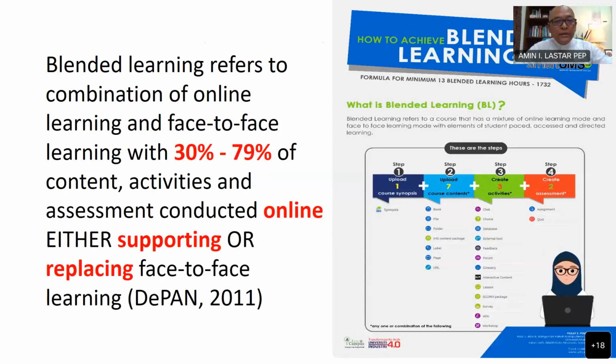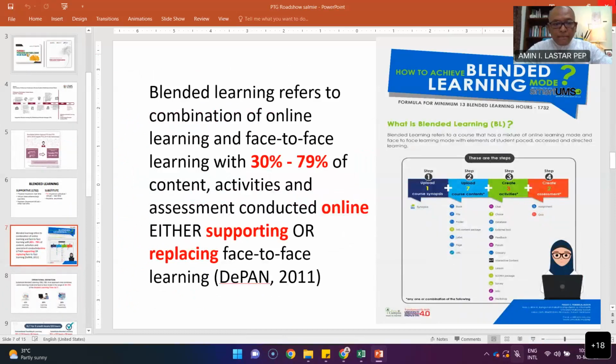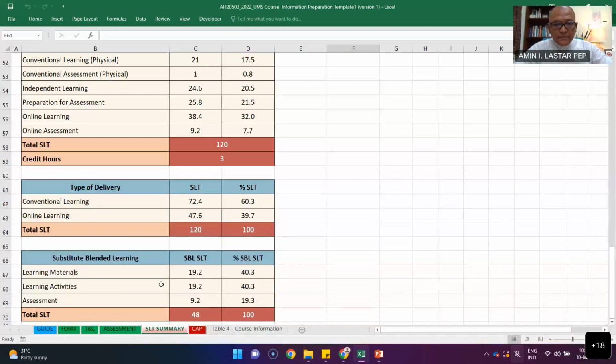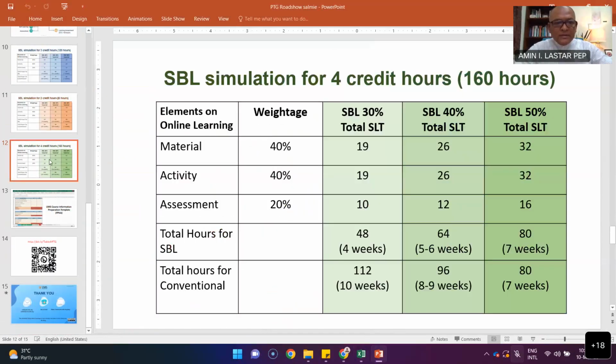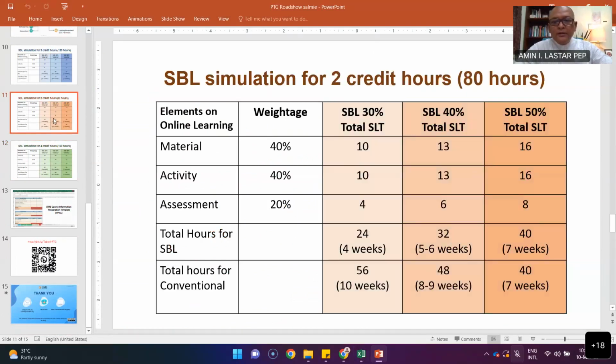Can we move to the table, Zul? The table with the credit hours: 2 credit hours, 3 credit hours, and 4 credit hours. Yes, this one. Okay, let's go for 2 credit hours first. This is the example of 2 credit hours.